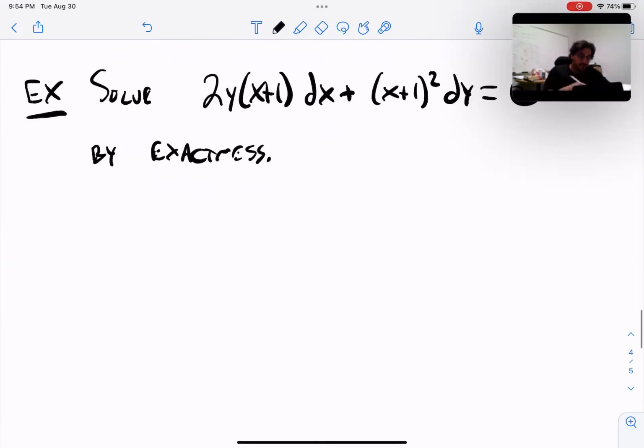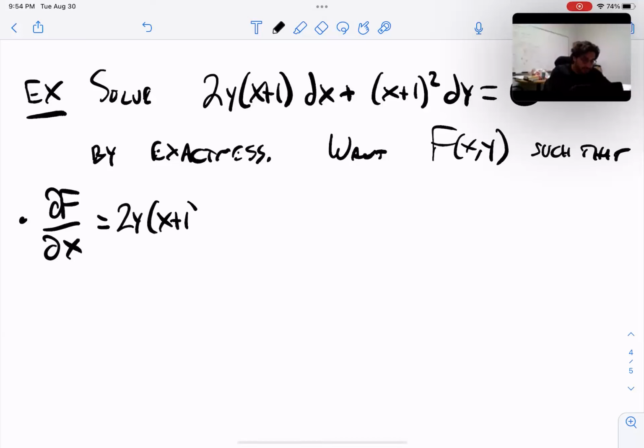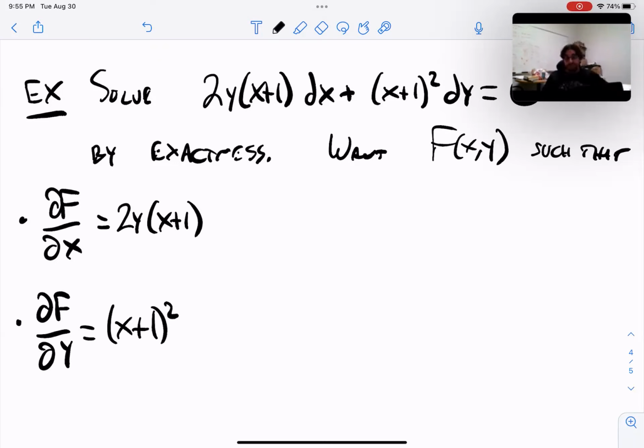So here's what I do: I want f of x, y such that these two conditions are simultaneously satisfied. I want the x partial to equal p, and I also want the y partial to equal q, right? So what can I do? Well, here, take an antiderivative, right? Take an integral with respect to x. That'll give me a formula for f,